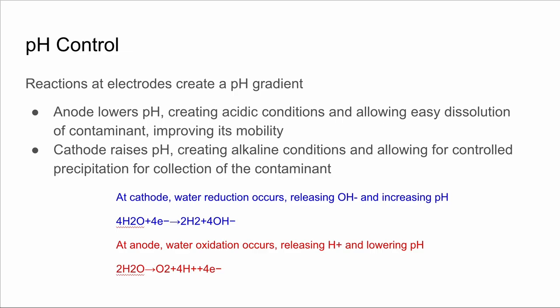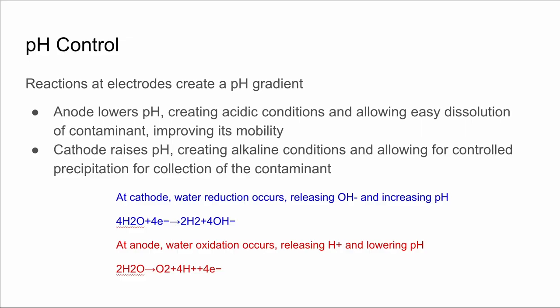Reactions at electrodes create a pH gradient, and it changes depending on which electrode you're at. If you're at the anode, it's going to lower the pH. It's going to create an acidic condition, allowing for the easy dissolution of the contaminant, and that's going to improve its mobility in the water. Again, it's going to make it easier for the contaminant to flow in the porous medium,